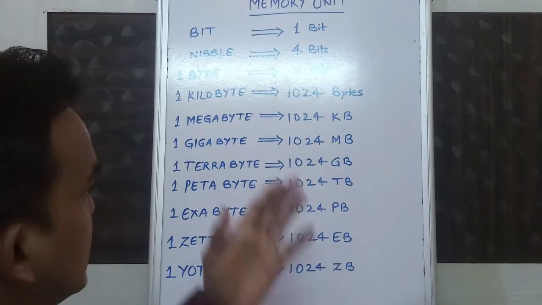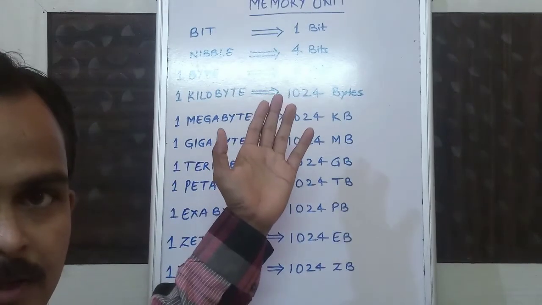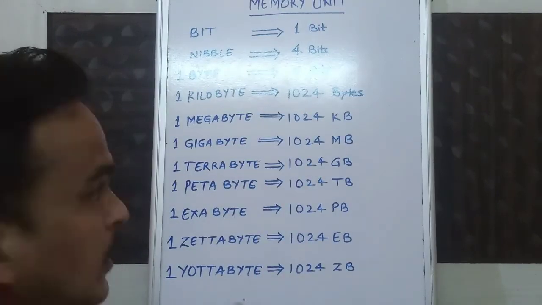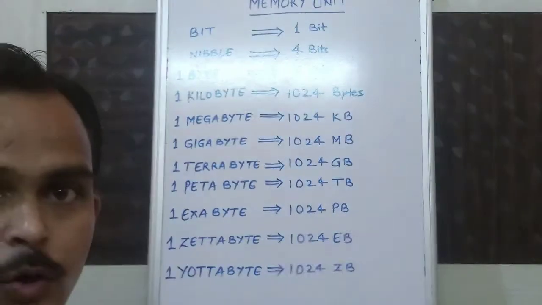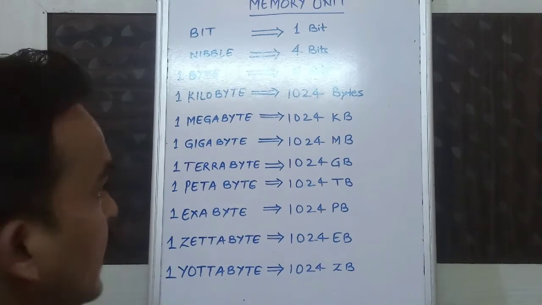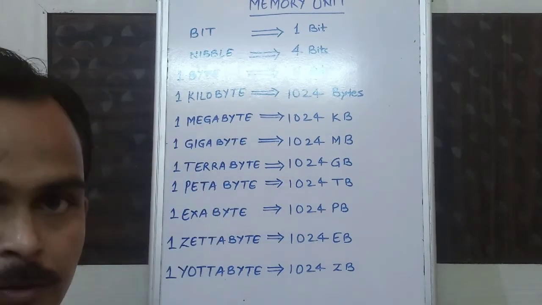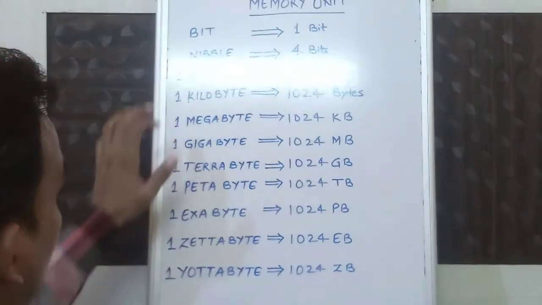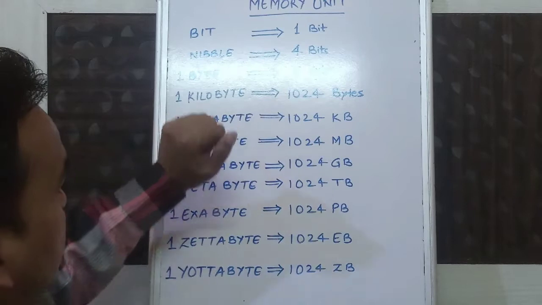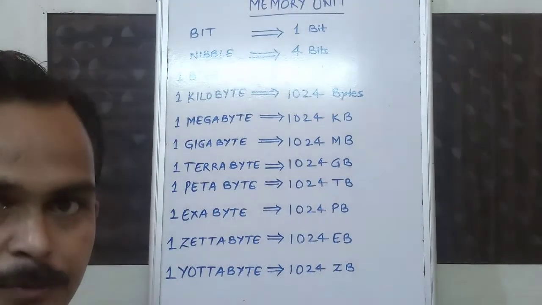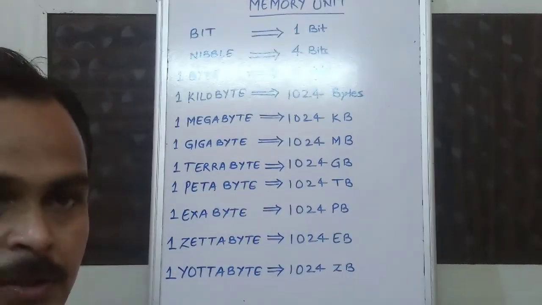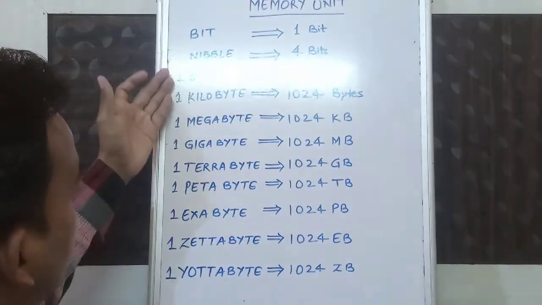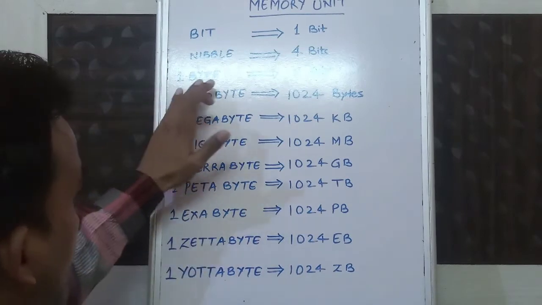So 0 may be described as a closed condition or off, or 1 is an on condition in terms of electricity, that can be used in our electronic circuits. Now the second one is nibble. Nibble is basically half of a byte, meaning it is a combination of 4 bits. Generally it is not used, so we use bits and bytes, and next is a byte.